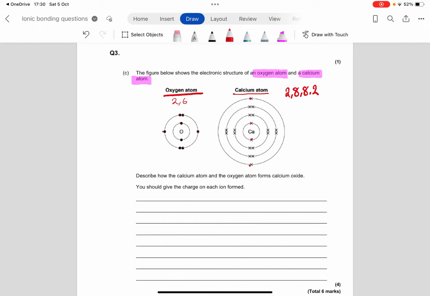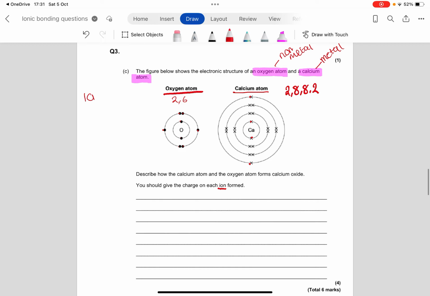Obviously, it's not mentioned what kind of bonding it is. The fact that it says ion is a clue, but the fact that it's a non-metal, so if you look on your periodic table, you can see that oxygen is a non-metal and calcium is a metal. So I know really that it's ionic bonding. So I'm going to start thinking about